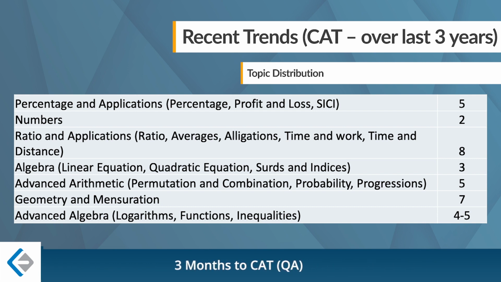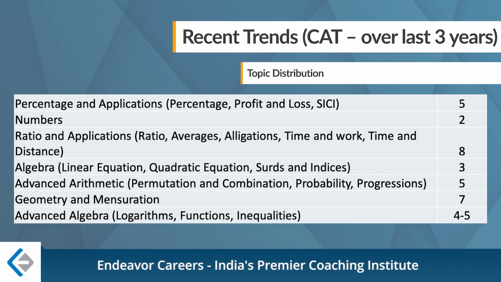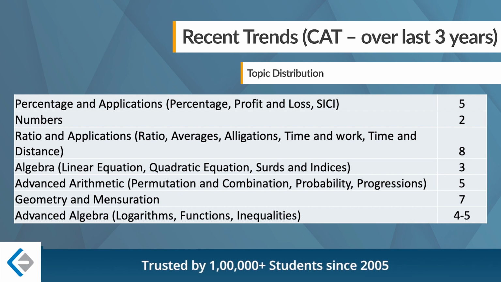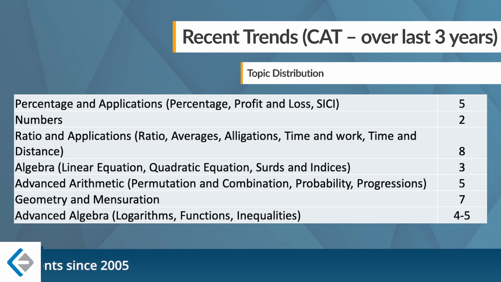Followed by number systems and their application, there were 2 questions on an average in the paper. Ratio proportion and their application, that is ratio, average, partnership, allocation and mixture, time and work, time and distance, there were on an average 8 questions from this topic. Followed by algebra, which is linear equation, quadratic equation, surds and indices, there were 3 questions from these topics on